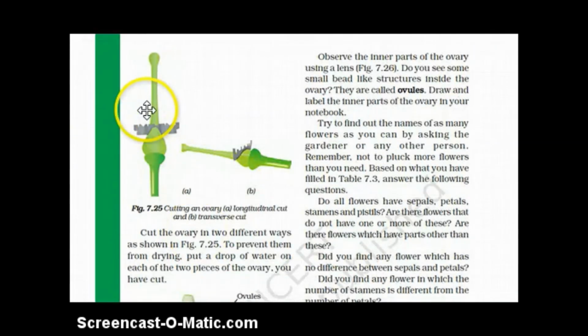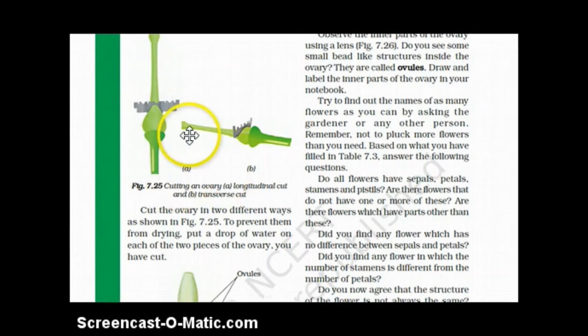So firstly, here we are cutting it like this. This is called as longitudinal section, LS, or longitudinal section. We are cutting it vertically above to below, and this is a transverse section. We are cutting it horizontally. This is a vertical section and this is a horizontal section. So what we will observe when we will cut it